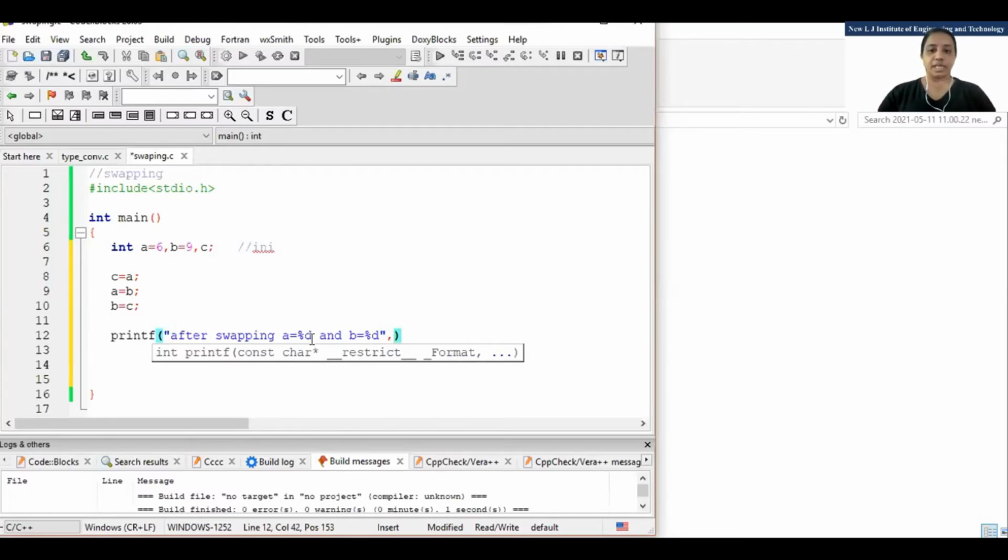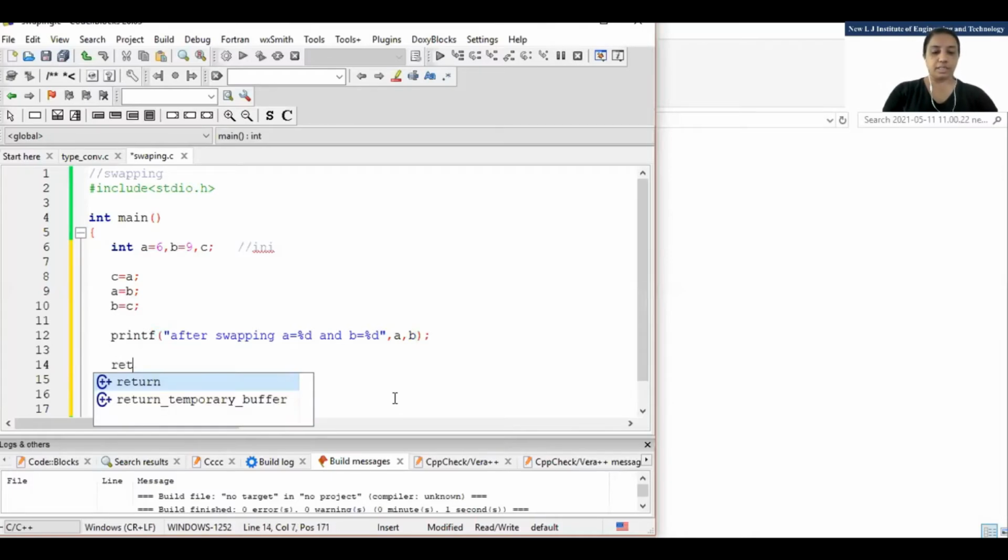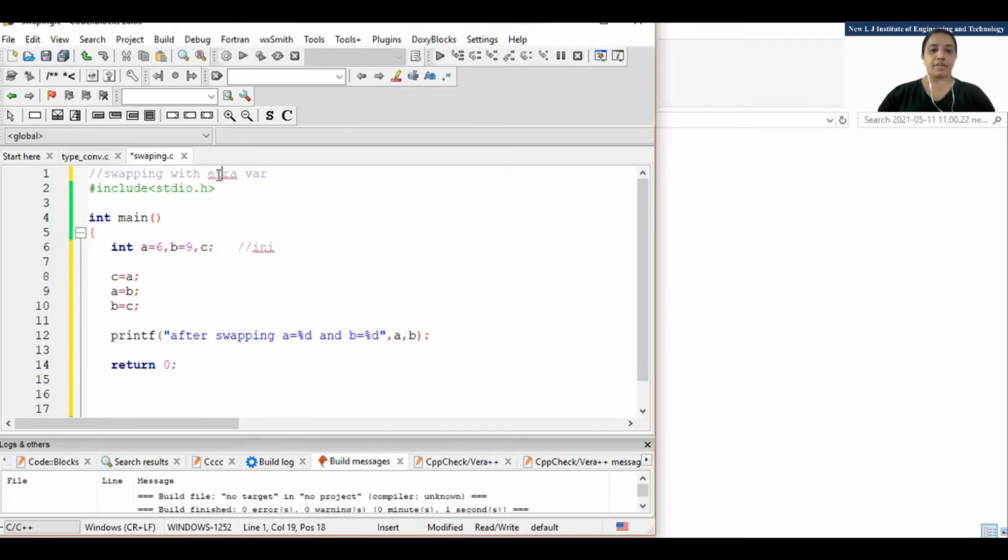I don't remember the name of that student. But whatever percentage d is there, you need to specify the variables after that. Okay, return 0. Any doubt in this? This is swapping with an extra variable. I have taken one extra variable.